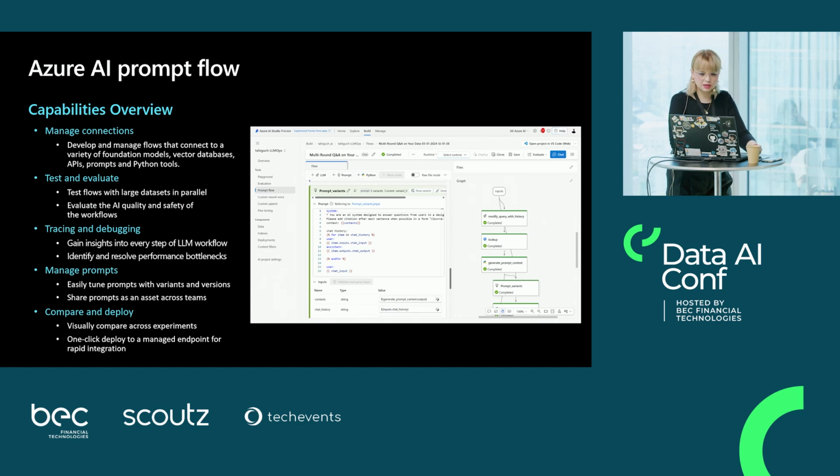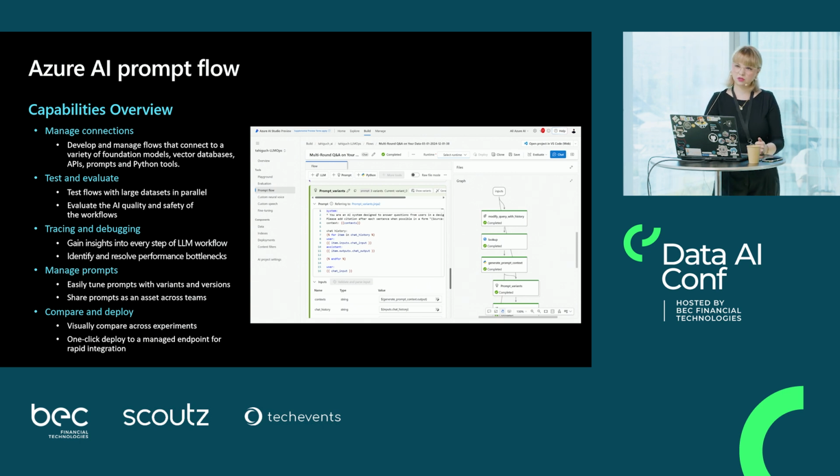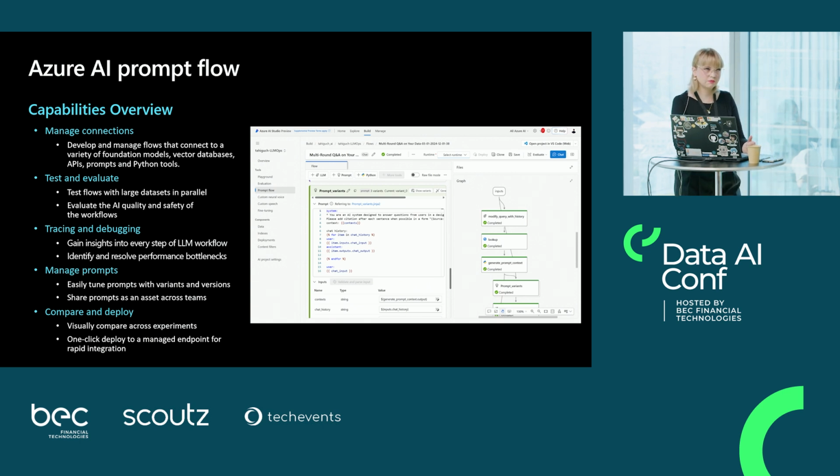I said that you may need to build a chain of prompts, and the first framework that was built for that is LangChain. It supports, as far as I remember, Python and JavaScript, if I remember correctly. There was no such technology for C#. So Microsoft introduced a framework called Semantic Kernel, which is still in development, but also another framework called